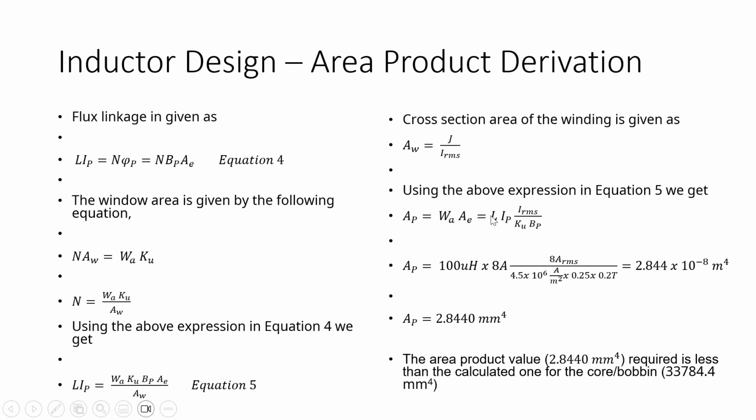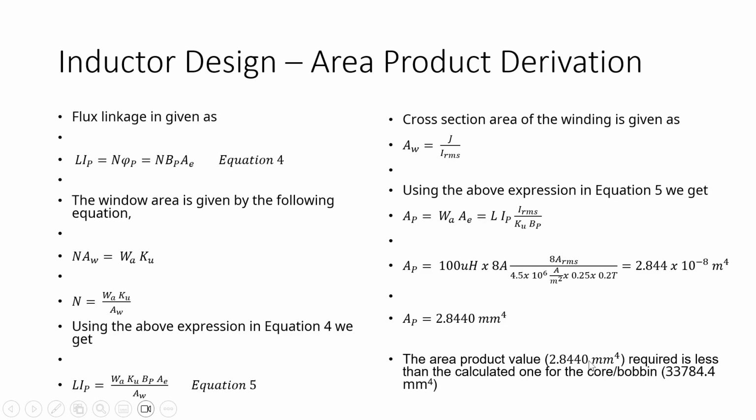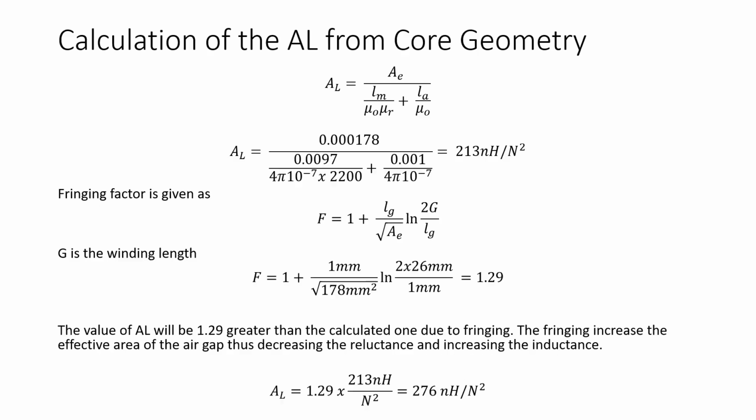And by using all these values, we can now find out the area product which we require. As this value is less than the value calculated on the previous page, this one, this means that we can use this core for our design. This is usually the first step which is done